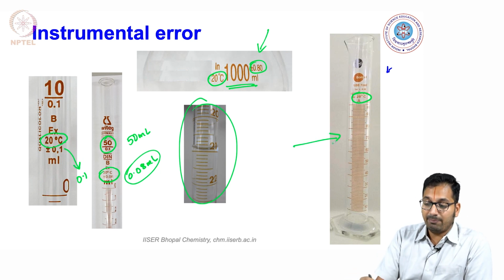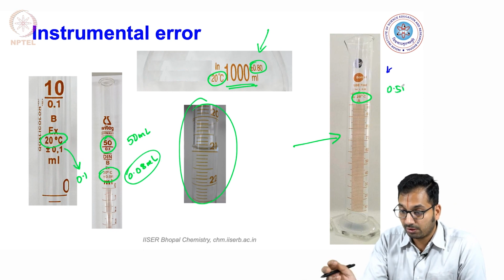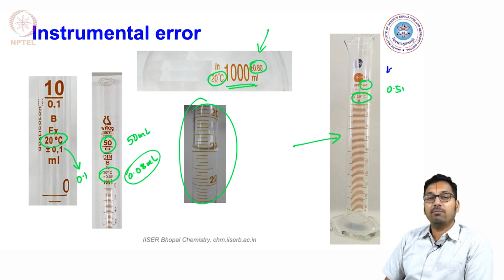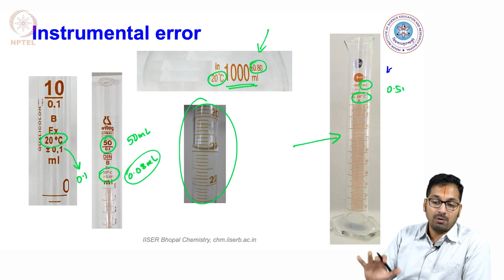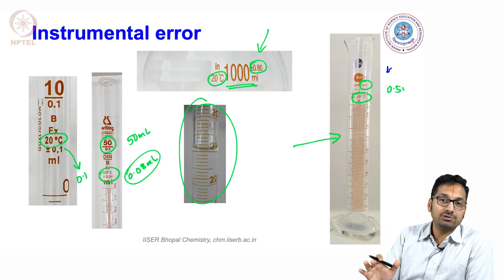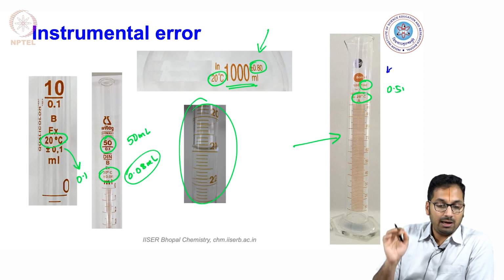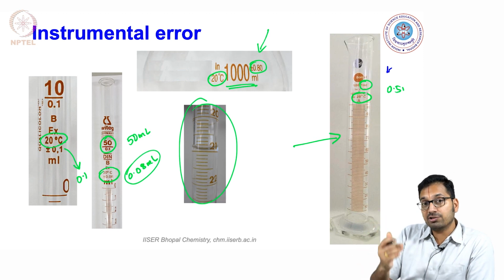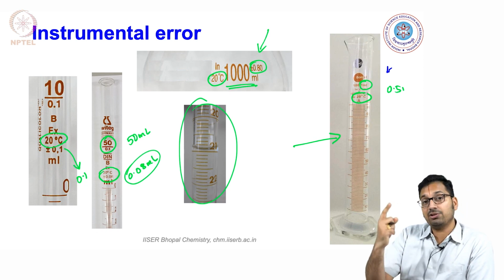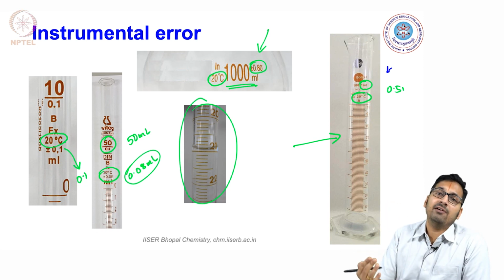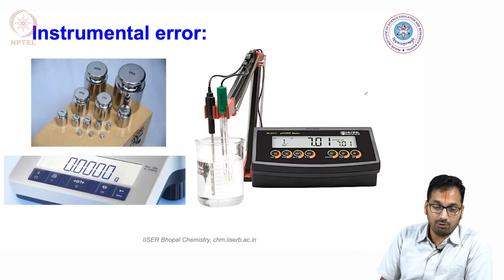This is an example of a measuring cylinder where you are also able to realize this has about 0.5 ml error, or rather 1 ml error for a 100 ml measurement that could come up, and this is also prescribed to be used at 20 degrees Celsius. So almost all equipment that you might end up using in the laboratory has a certain least count which comes up as an error. On top of it, you could also have differences that come up due to the apparatus itself. So it's not just the least count, but let's say you repeat the measurement enough, there will be a certain region of deviation that could come up, and that would result in an overall error.